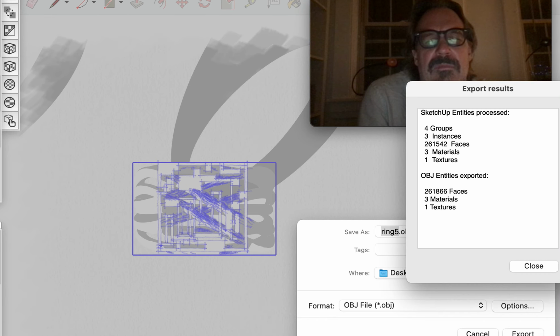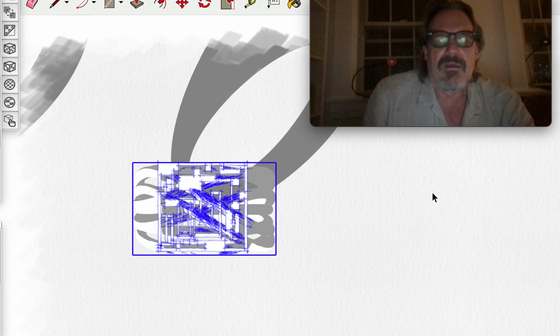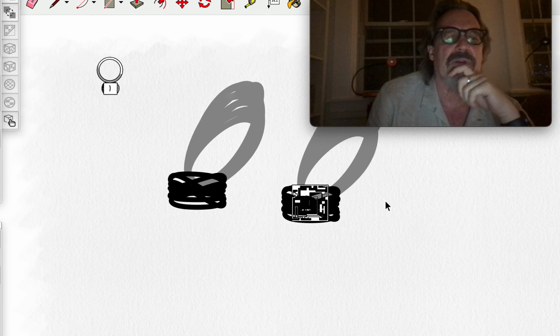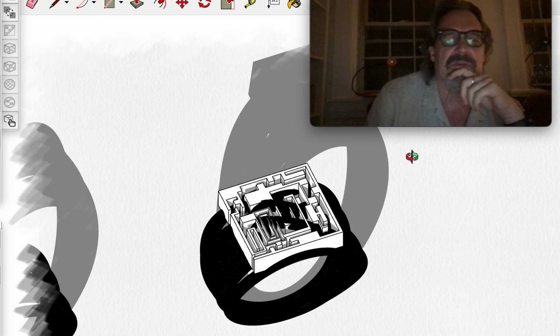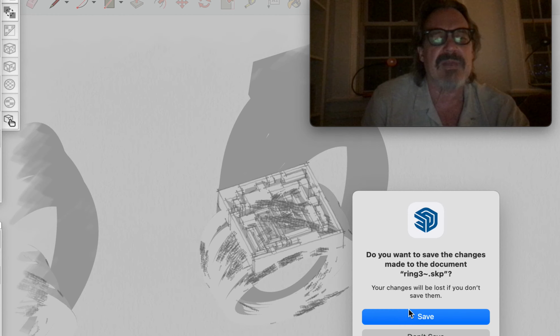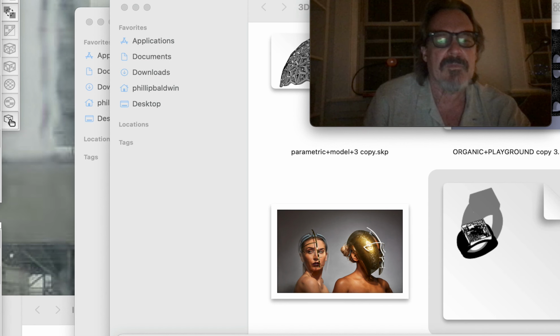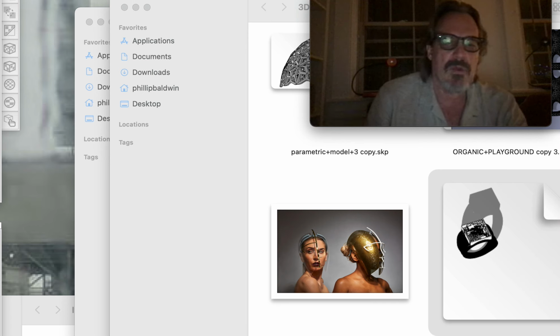What do we got? Yes, we've got 261,000 faces. I have a 3D printer in my studio, which I don't use often, and that's why it often gets clogged from lack of use. But we have enough rings out there. Let's save that to pull in. What's that? That was our weird donut. This was our original form we exported. Here's some interesting things on the face, but let's go to